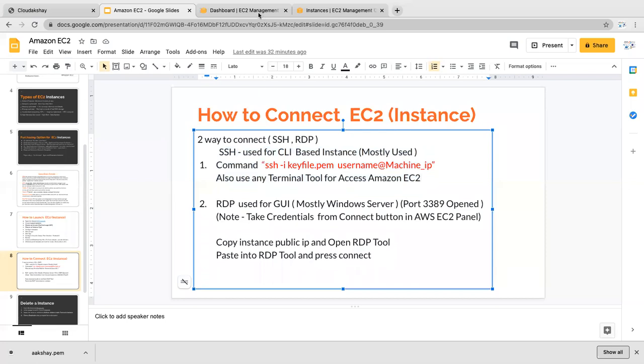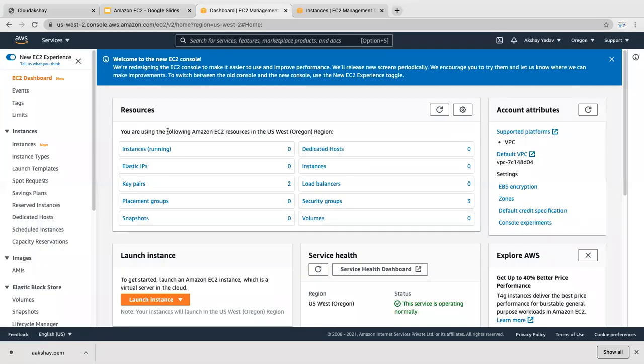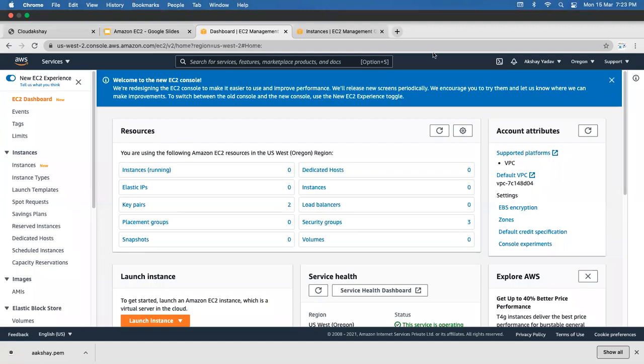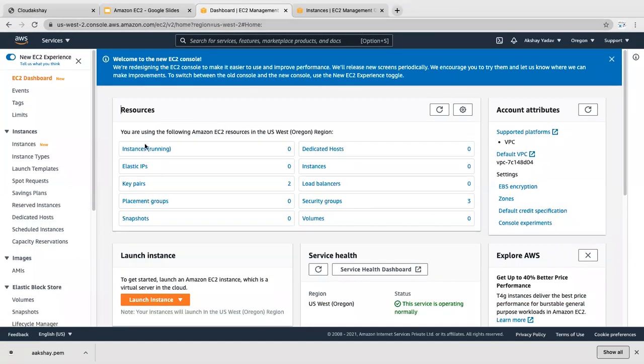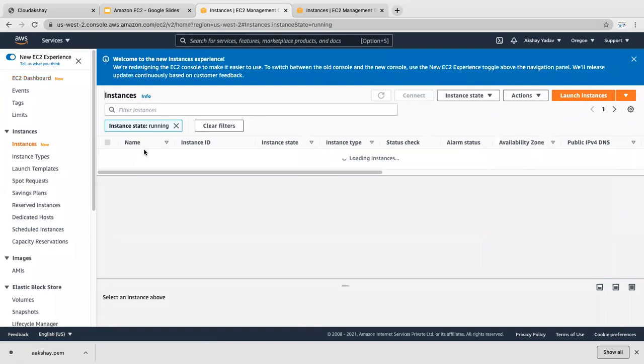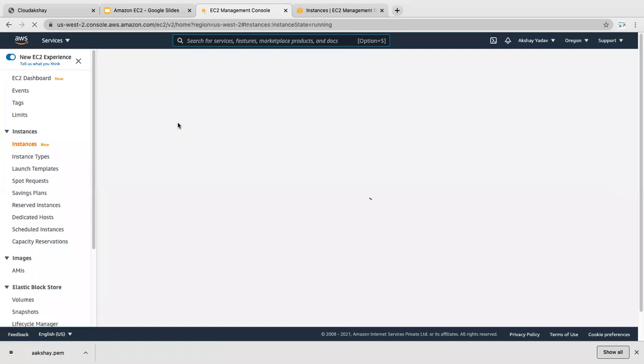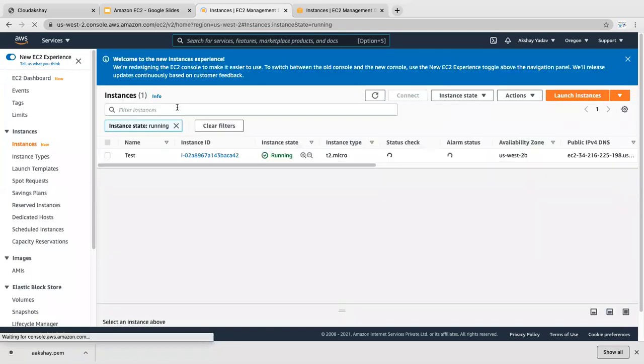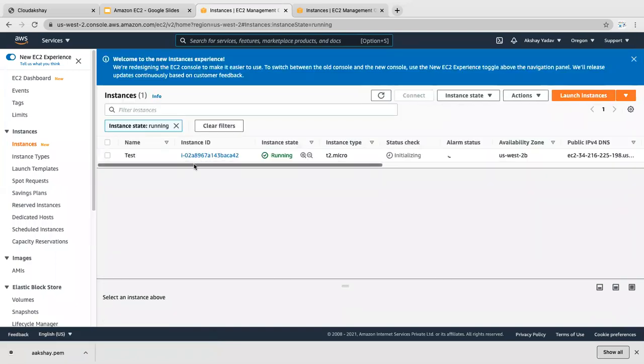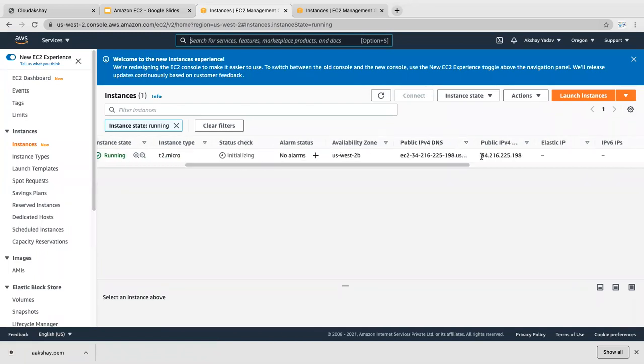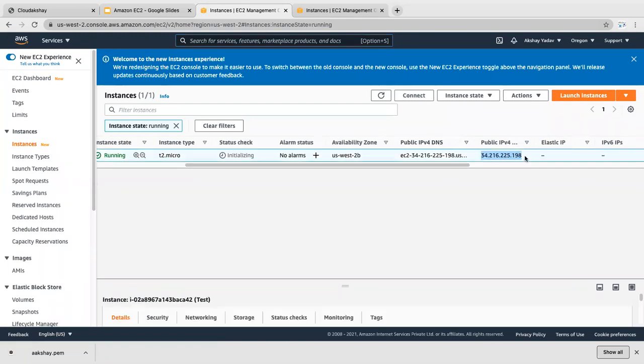So let's see how to connect. So this is my machine, and I have a public IP. This is the public IP of my instance. Okay, so let's copy this public IP, and I'm going to open a terminal on my machine.